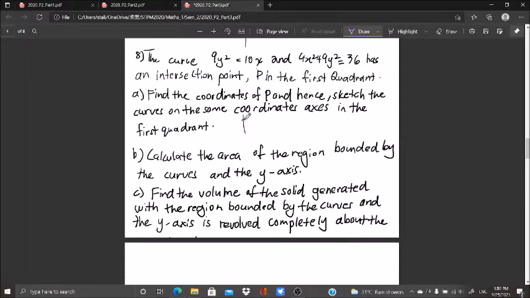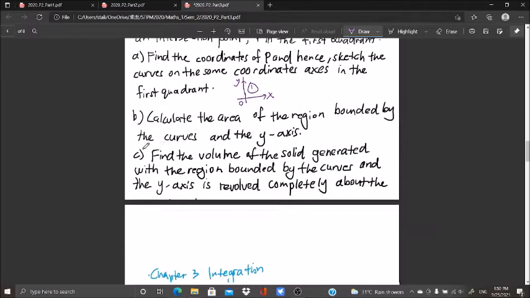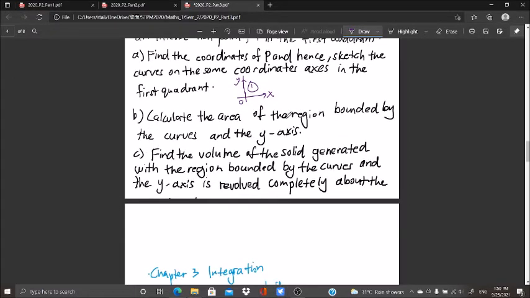Usually x greater than 0, y greater than 0. This is the first quadrant. B. Calculate the area of the region bounded by the curves and the y-axis. So when this question shows up, we know this is an integration problem in our chapter on integrations. C. Find the volume of the solid generated when the region bounded by the curves and the y-axis